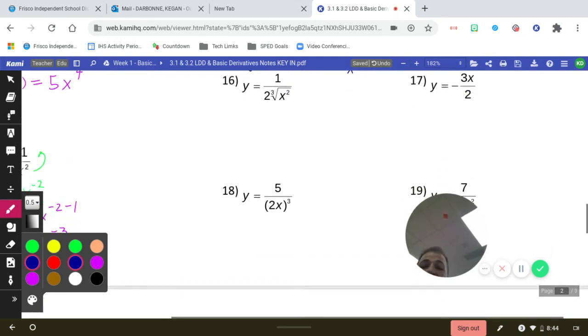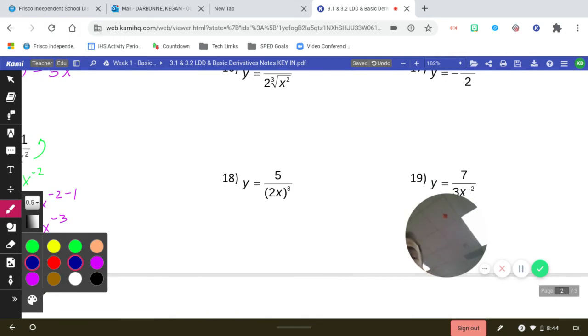Okay, so let's look at 18. On 18, we have y is equal to 5 over (2x) cubed. Okay, now it would be super nice if I could move that into the top, but unfortunately I can't do that yet. I have to evaluate that cubed first, okay, because then I'm going to end up having to take 2 and x to the negative third power, and that's going to be a little bit of a mess. So before I move this,